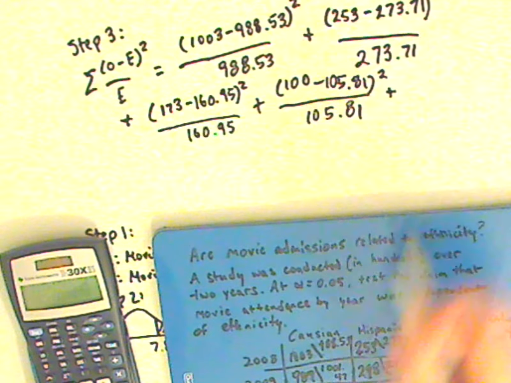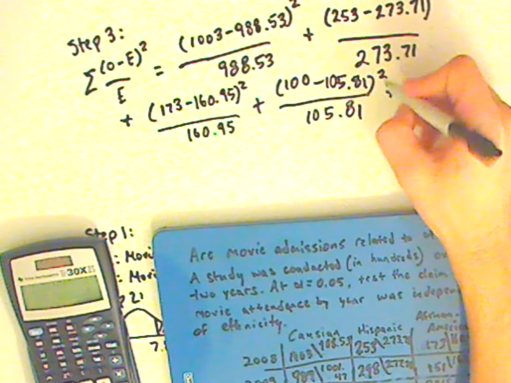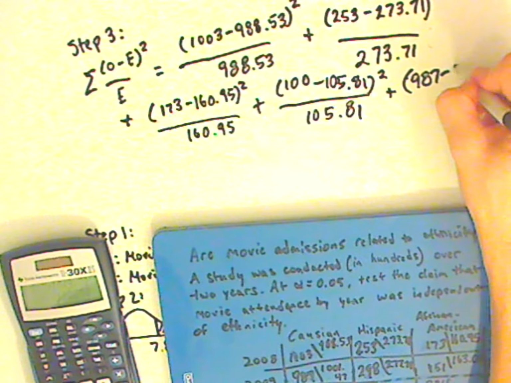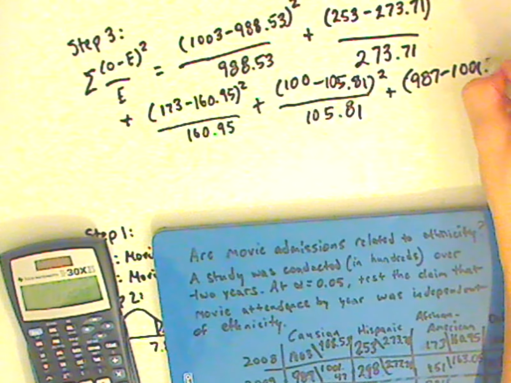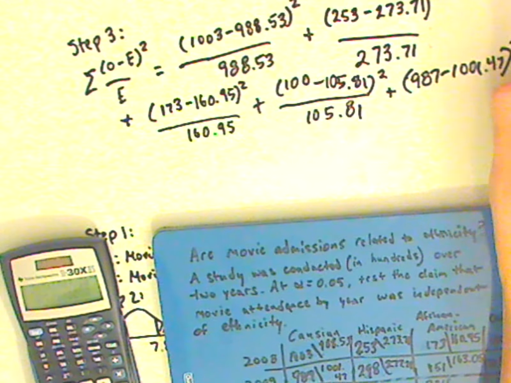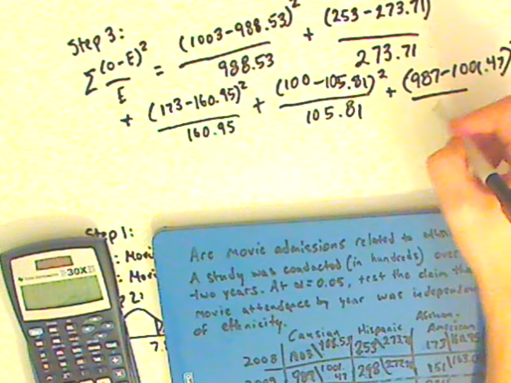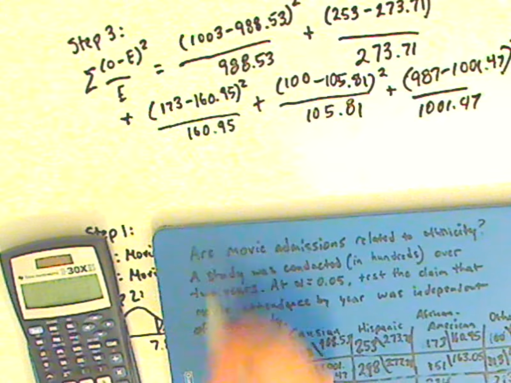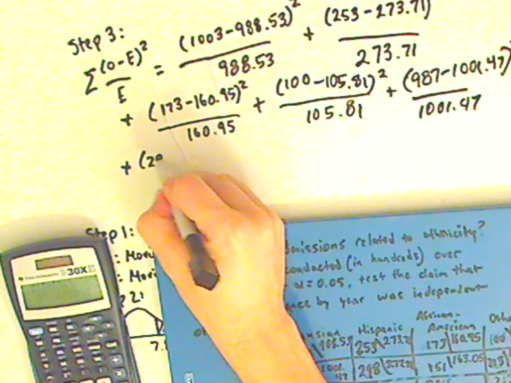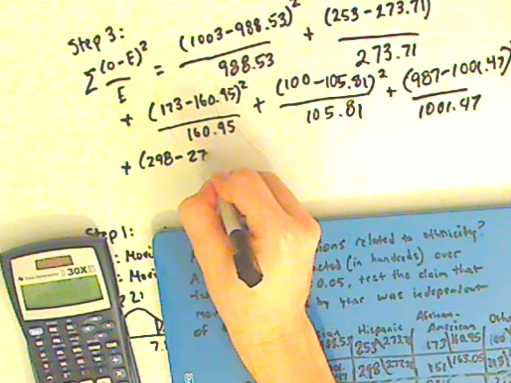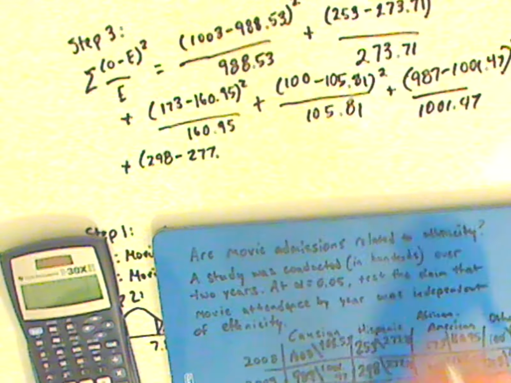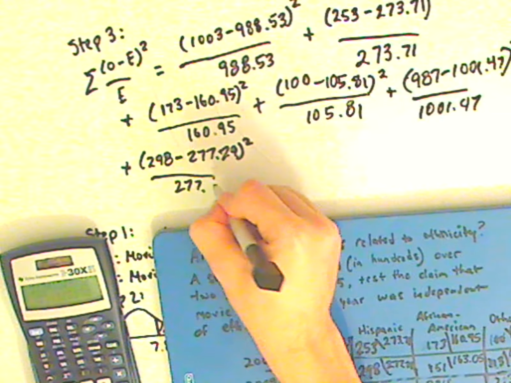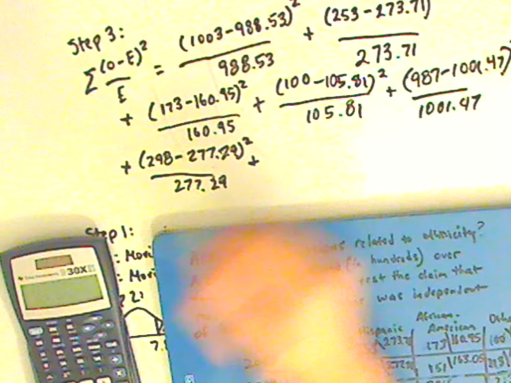105.81 plus, now I'm in the second row, so 987 minus 1001.47 squared over 1001.47 plus 298 minus 277.29 squared over 277.29 plus